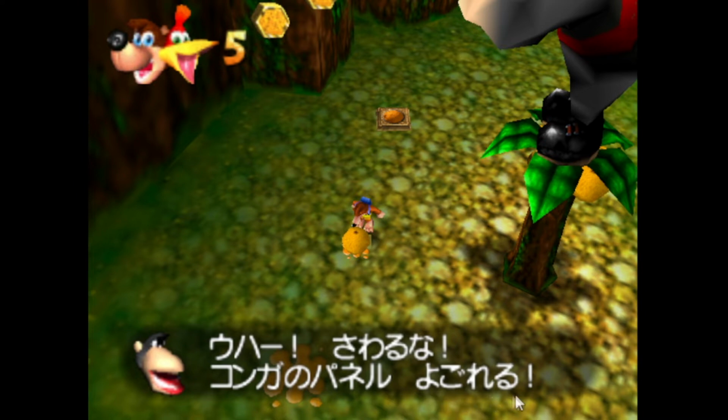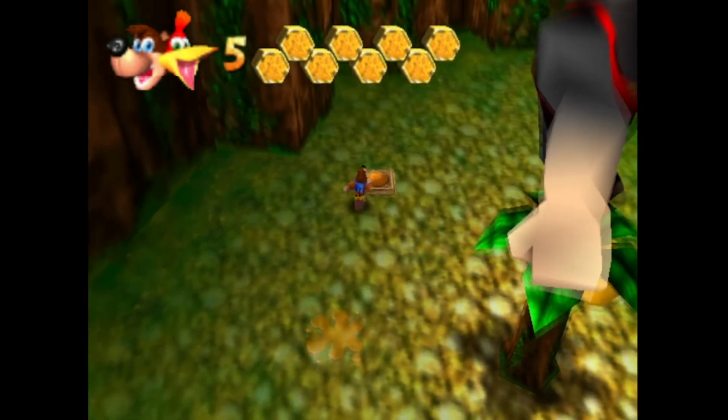And yogoreru, I guess, is to become dirty. So they're kind of the same thing, but with slightly different focus. So Konga no paneru yogoreru: Konga's panels will get dirty, if you keep touching them, I guess.